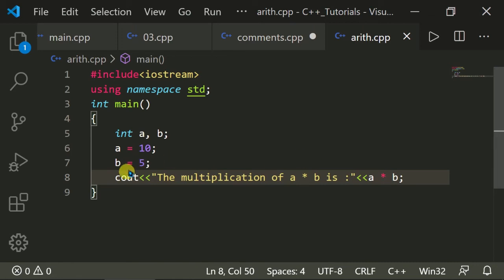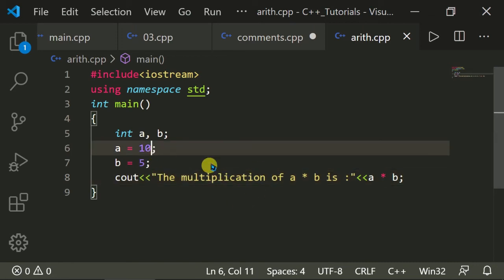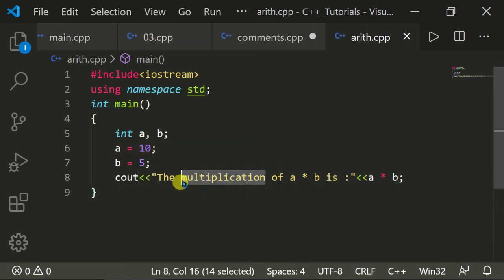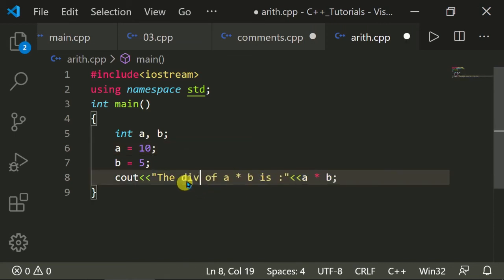So now let's check division. The division of a divided by b is a divided by b.